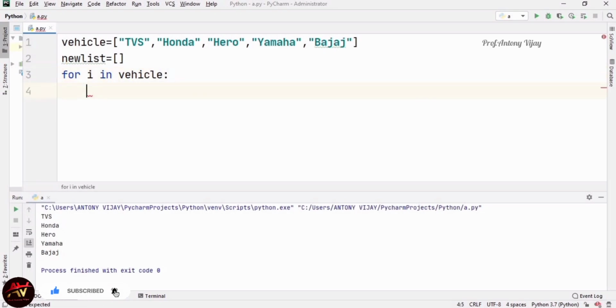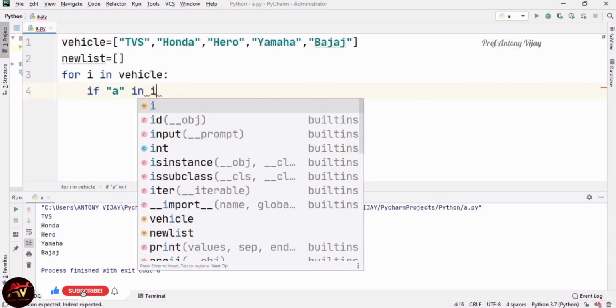Inside the for loop, I am going to use one decision: I am going to search for an element that has the alphabet A. If an element has the alphabet A, that element is filtered into the new list. So I have to mention within double quotes A in I, then a colon symbol.